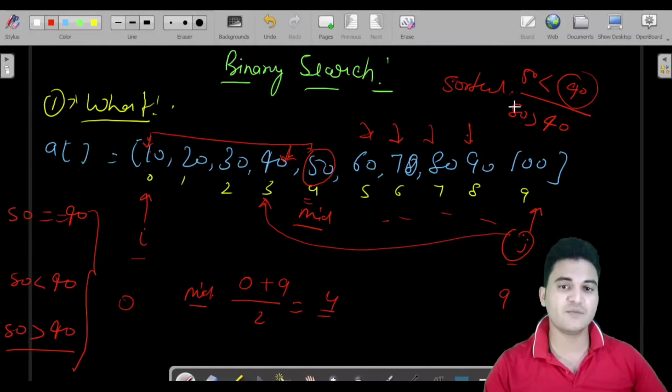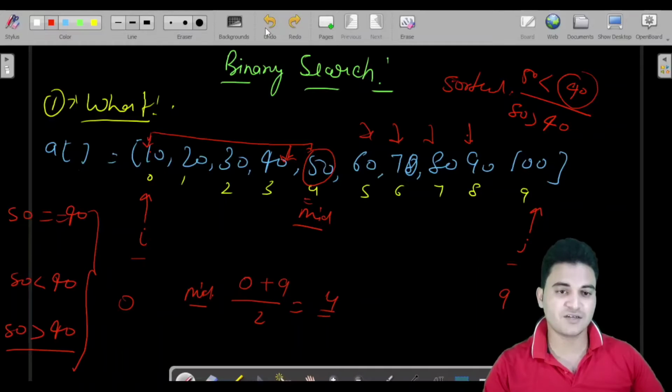Because the element for which you are searching is not going to appear in the range from 50 to 100. It is already lesser than the mid element. That means your element will be lying in this range only. So this is the first condition. Let us put the j here.